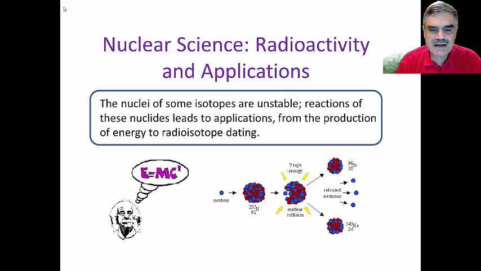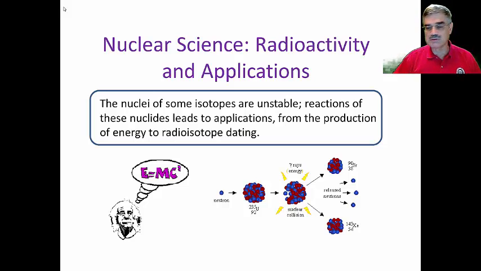The sun is out and shining, and we're going to continue our discussion of nuclear science. Last time we talked about nuclear decay reactions that lead to radioactivity. We talked a little bit about what determines the stability of nuclides, and we defined a half-life and talked about what we mean by an exponential decay and why there exist different half-lives. In this lesson, we're going to talk about additional nuclear reactions, in particular fission reactions and fusion reactions, and talk